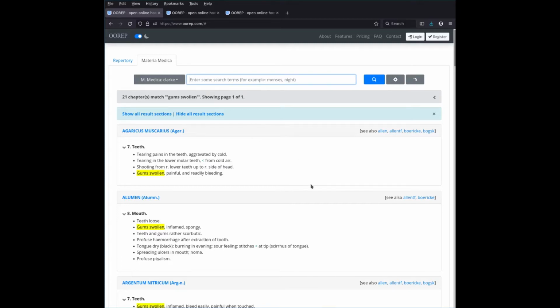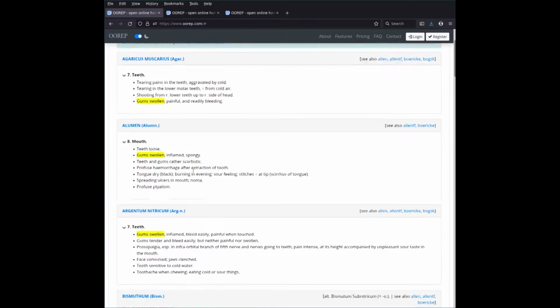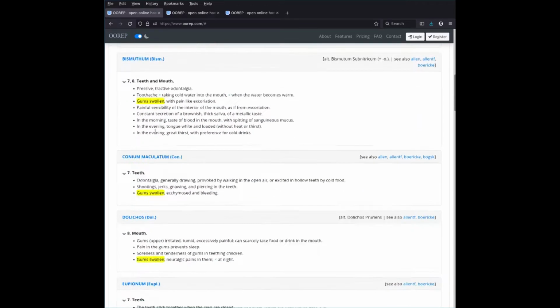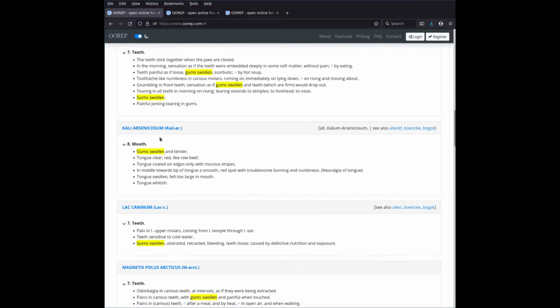And a thing that I also want you to notice here, just while we're at it, you see the results here, and it's just showing you those sections that match. But of course, for instance, Kali arsenicosum has more than just the mouth section. There's a lot more. And if you want to find out more about Kali arsenicosum, then you just click on the chapter heading, or rather the name of the remedy,